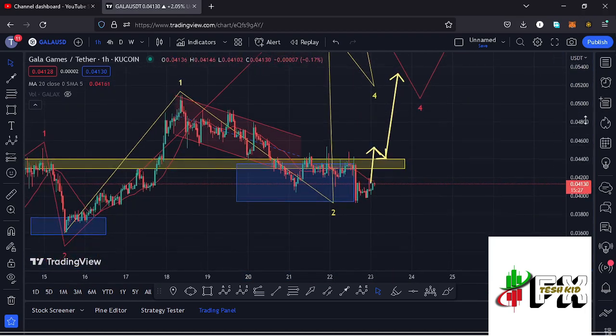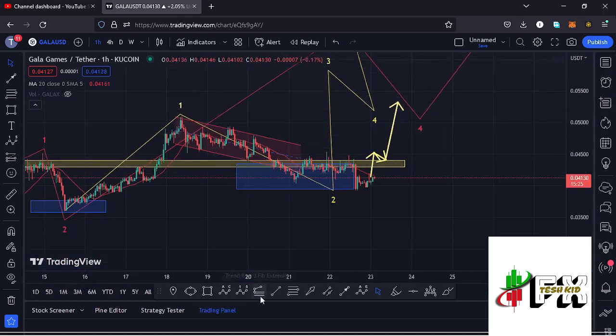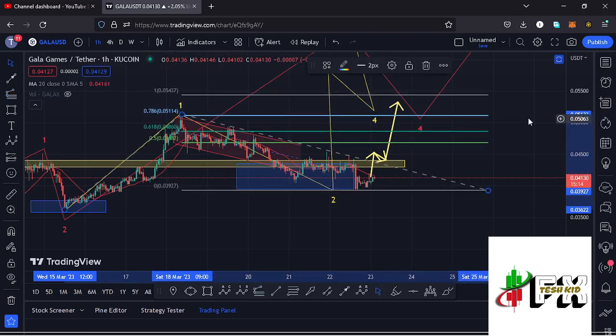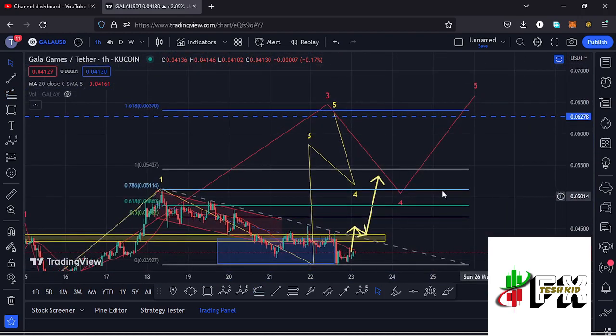and sketching out a target area to the upper side in the formation of that wave 3 by connecting the trend-based Fibonacci from the low of the first wave to the high of that wave 1, then dragging the fibs to the low of the second wave. That now gives me a minimum target area to the upper side in the formation of that wave 3 at the fib level 1.618, and that is at around the $0.0637 mark, and that is the minimum that I'll be expecting that wave 3 to the upper side to do